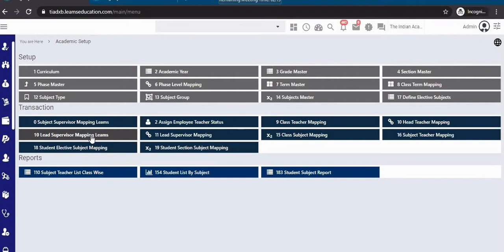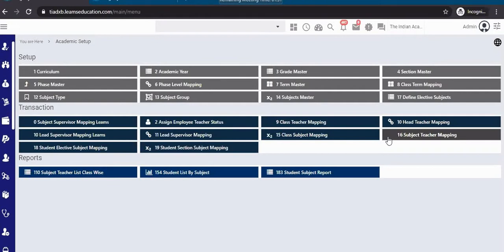For the user application mapping, I have added that code with the respective applications, like SPs. And for define elective and student elective subject, I will tell you the SP names. Whenever you want to do it, you can tell Vaibhav this is the SP name, and he needs to copy it from any of the links to the school which you desire. Subject teacher mapping is also Manisha. Class subject mapping was developed by Santosh before, and now Manisha is taking care of it. Lead supervisor mapping, Manisha. Subject supervisor mapping, Manisha. Class teacher mapping also Manisha.